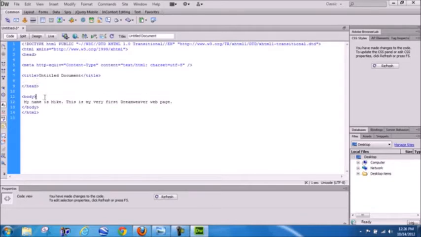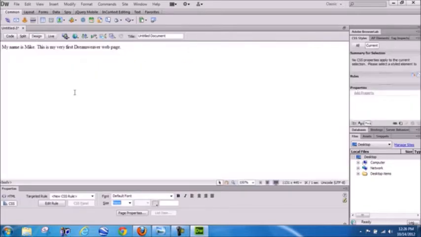We've got a body. I'm entering these lines just to separate it so you guys can see it better. And just like in Notepad, none of these will show up on the screen. It's just adding extra space for our eyes to see this stuff. It's just easier on the eyes, right? So there we go. It looks just like Notepad, and I'm getting to that and accessing the code immediately by